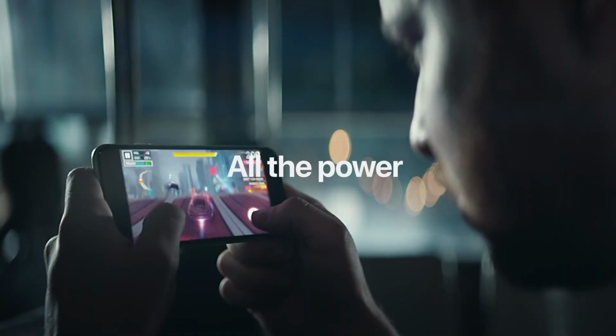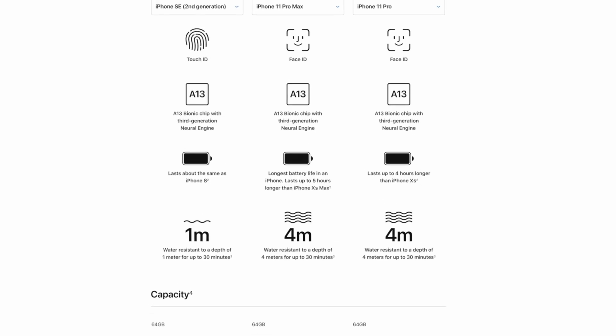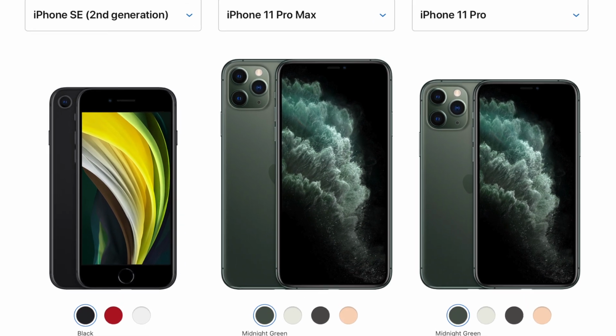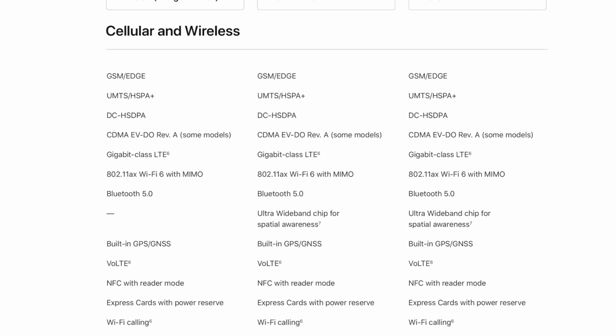Like the first generation of the iPhone SE, this is going to be a complete powerhouse. It uses the same A13 Bionic chips as in the 11 Pro models, but because the screen is a lot smaller, it means it has less pixels to push, which means a lot of that power can be used elsewhere in the phone. It comes with almost the same connectivity as in the 11 Pro models, both with the Wi-Fi